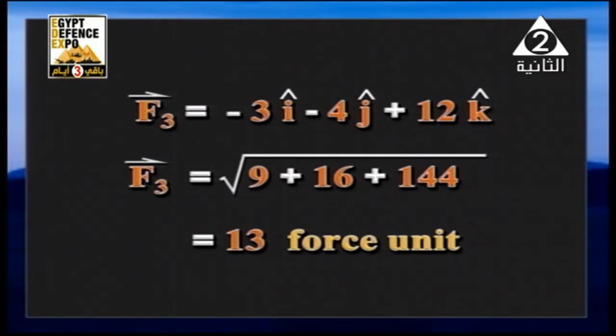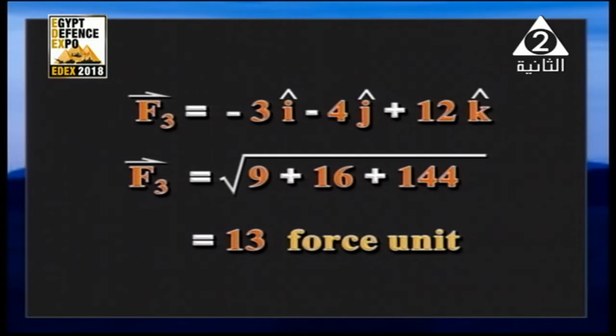The third force, we know that F1 plus F2 plus F3 equals 0. In this case, the motion in a straight line is in uniform motion with F1 plus F2 plus F3 equals 0. We deduce that F3 equals negative F1, negative F2, equals negative 3i, negative 4j plus 12k. In this case, the magnitude of the force equals the square root of the coefficient of i squared plus coefficient of j squared plus coefficient of k squared, equals square root of 169, equals what? 13. Then the third force